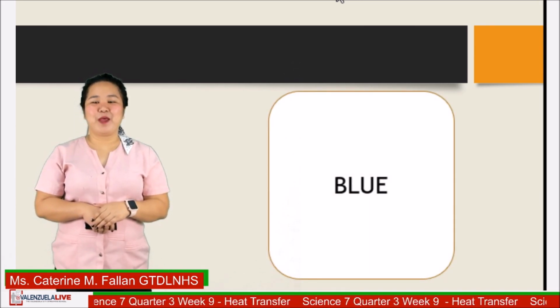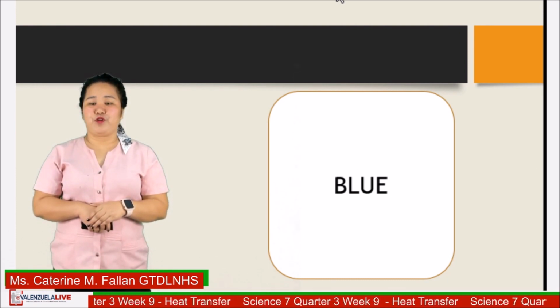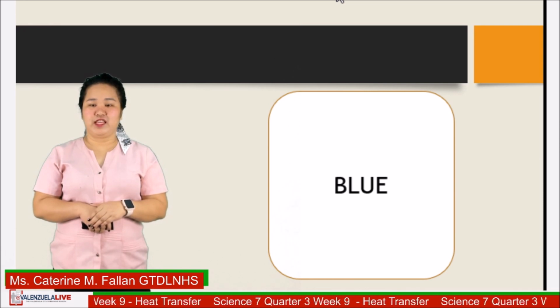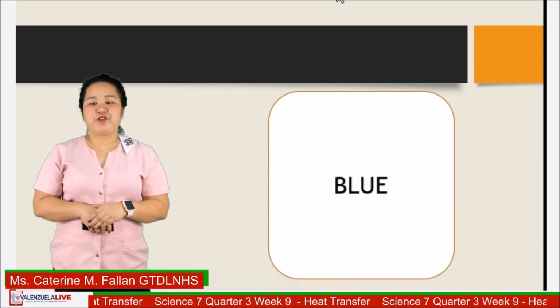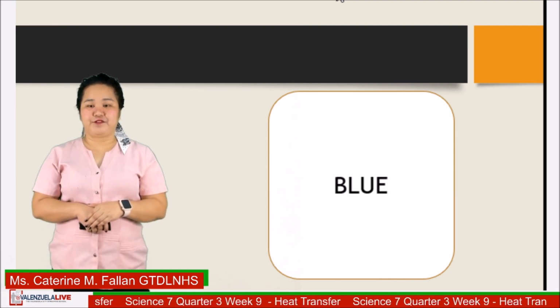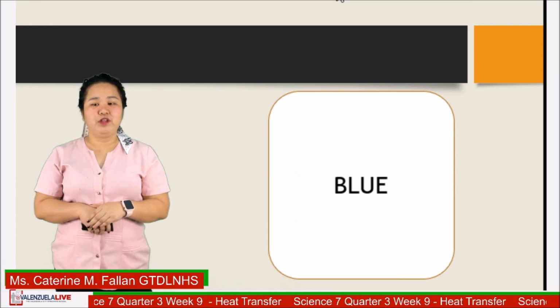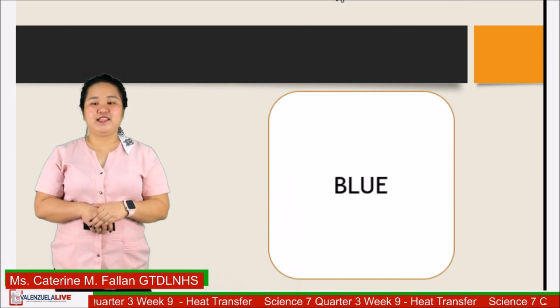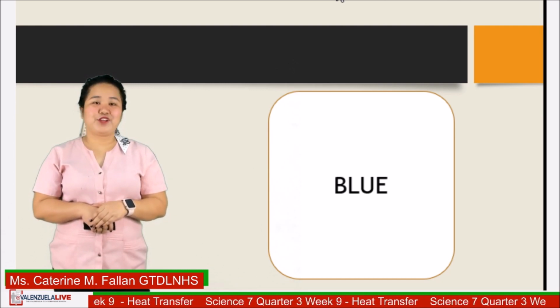blue. Remember that in the acronym ROY-GBIV, which stands for red, orange, yellow, green, blue, indigo, and violet, the frequency increases from left to right. Therefore, the correct answer is blue because it is the second to the last color in the acronym ROY-GBIV. For the third question,